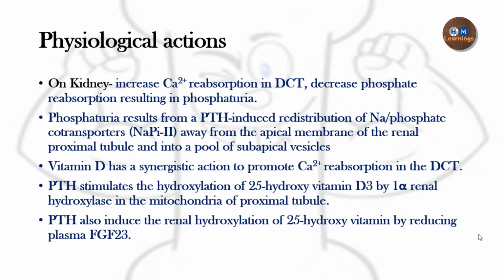So how does the parathyroid hormone regulate it actually? Parathyroid hormone causes hypophosphatemia, that means there will be a decrease in the phosphate levels in the plasma. Because of that action, the fibroblast growth factor levels will decrease, and hence there will be renal hydroxylation of 25-hydroxy vitamin D. So you need to remember that on the kidney, the parathyroid hormone has action on the calcium and